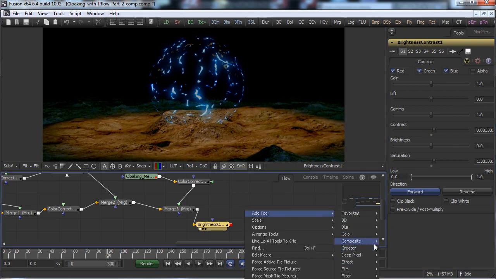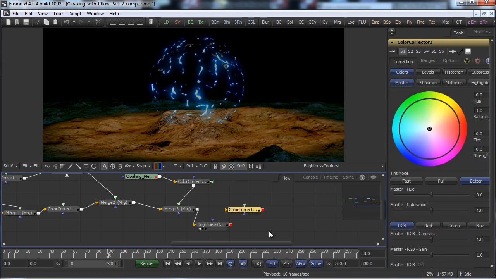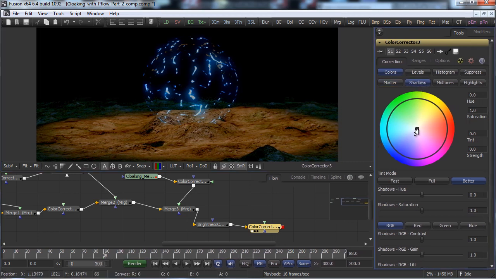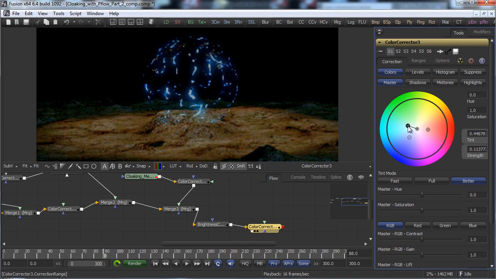Then let's go with a color corrector to change a little bit the coloring, and let's work a little bit with the shadows. A little bit with the midtones. And then with the master to change gradually the coloring,